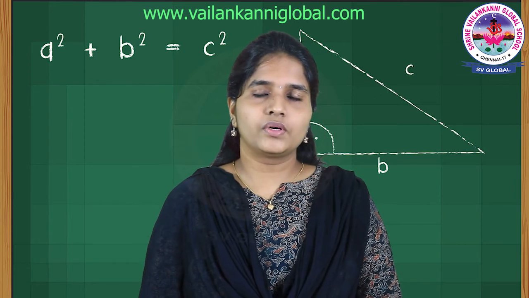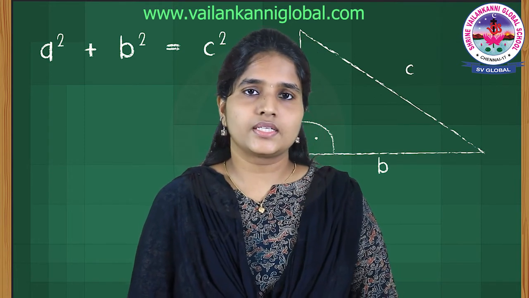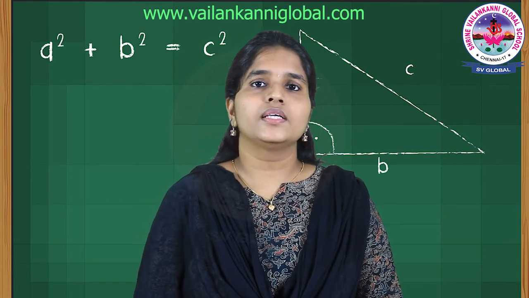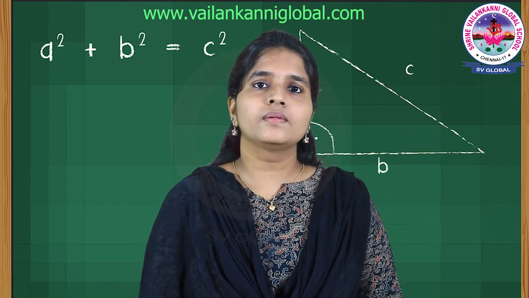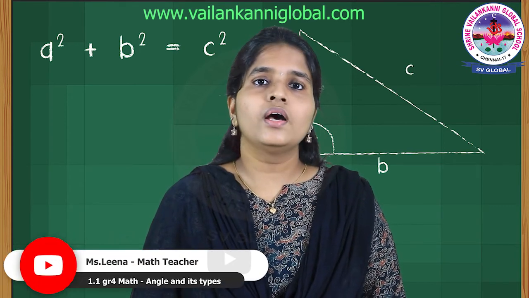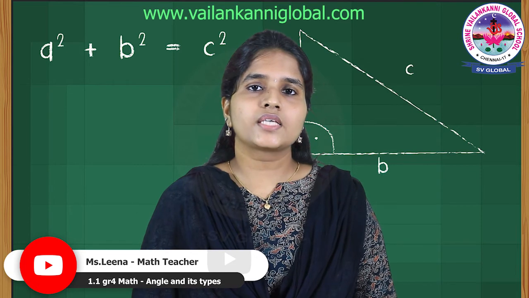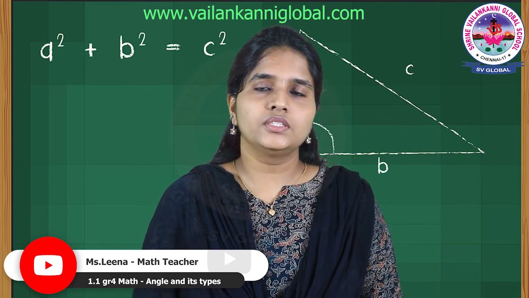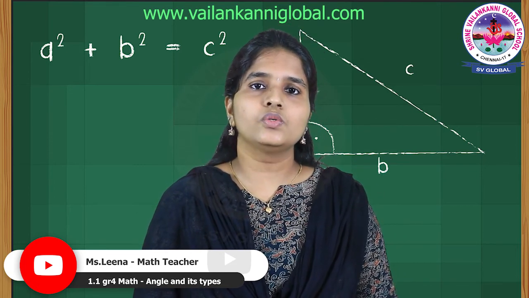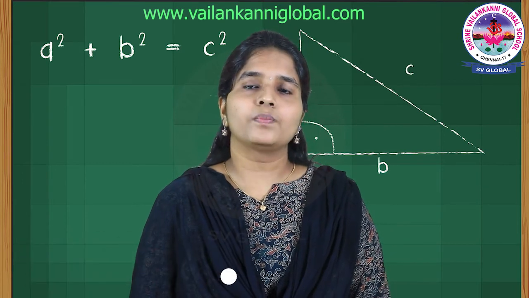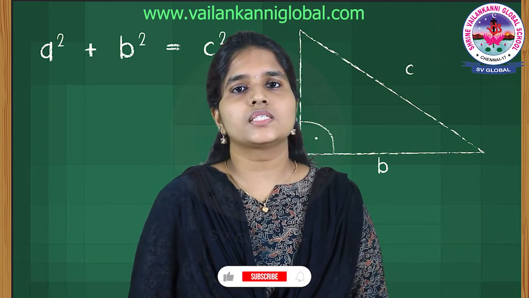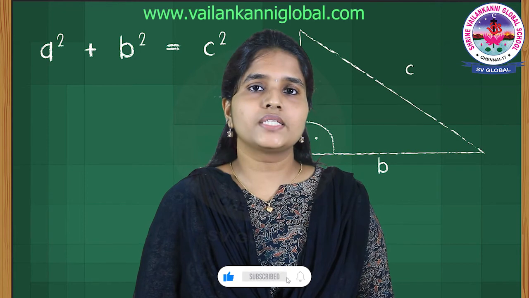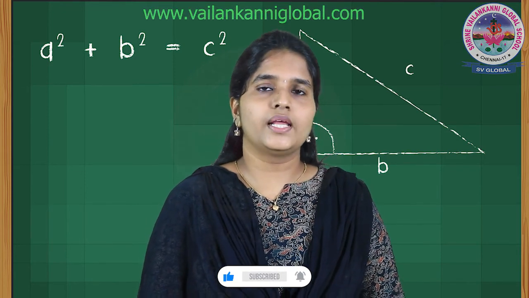Today we have learnt about the various types of angles such as the obtuse angle, the right angle, as well as the acute angle. I want you to draw each of the angles using a protractor. Draw each of these angles, an acute angle using a scale, an obtuse angle using a scale, as well as a right angle. Draw as many angles as possible as homework.